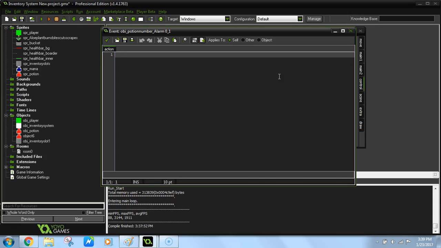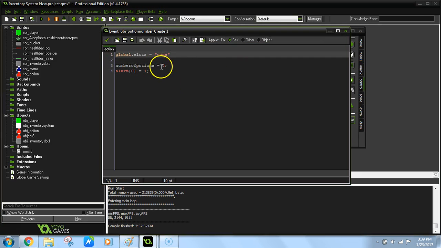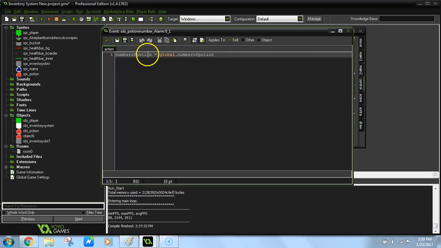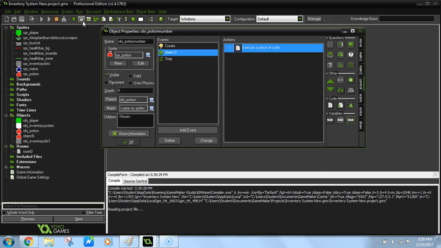Okay, so number of potion equals global.number of potion. Okay, so at the meantime, I forgot the yes again. At the meantime, it's going to be number of potions equals 0 until the alarm kicks in, and then it's going to be the amount we have inside the room. So for instance,